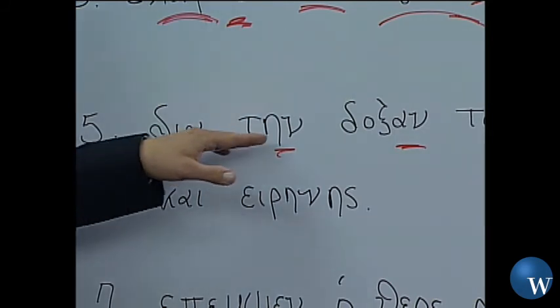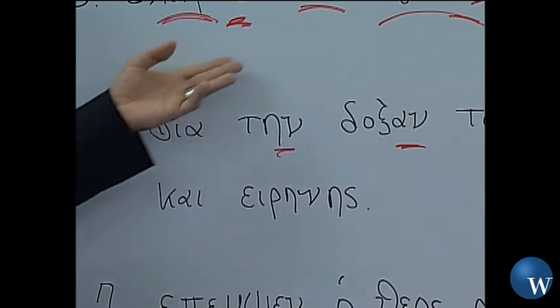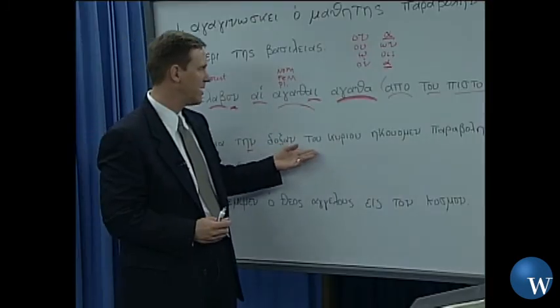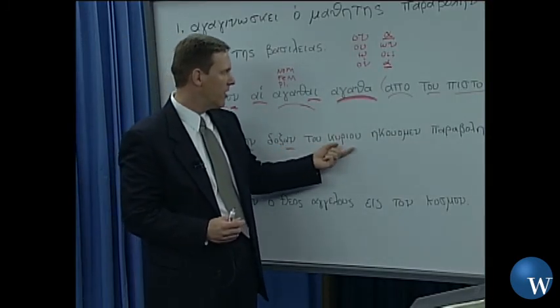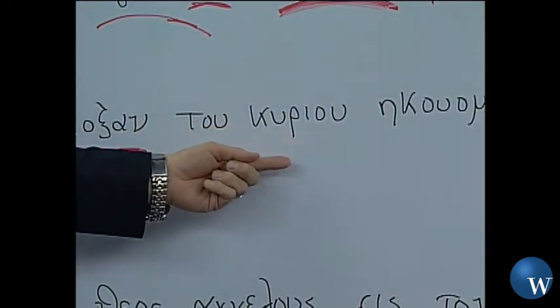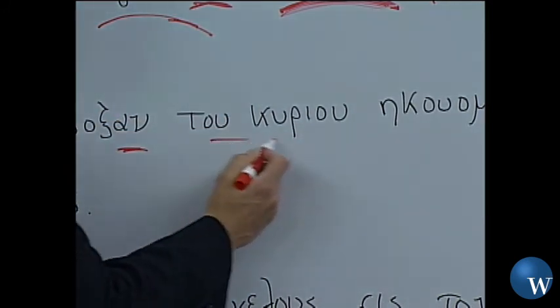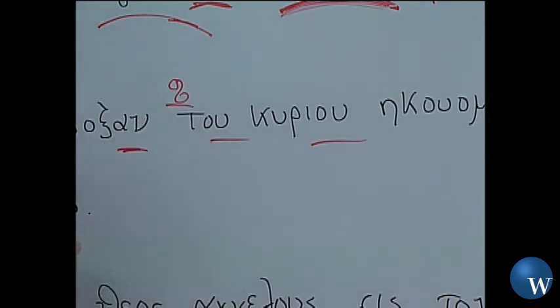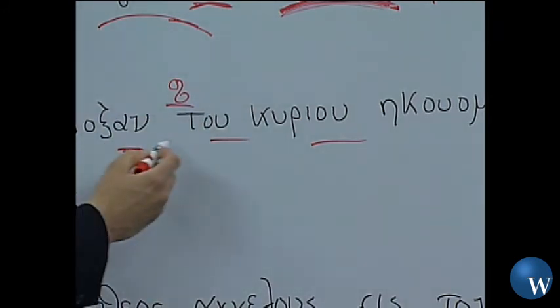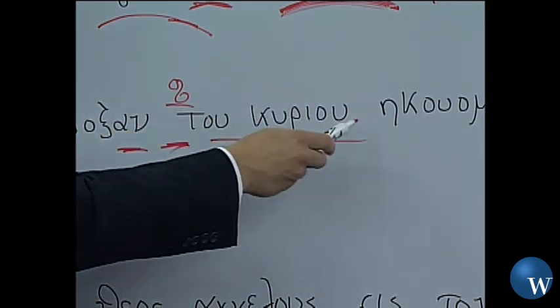So dia, when followed by a noun in the accusative case, means because of or on account of, okay? So because of or on account of what? On account of or because of the Lord, okay? Because of the Lord, the glory of the Lord, right? On account of the glory of the Lord. Now here, we do have to supply the preposition of in that instance, because there's no preposition preceding it. It's showing what glory? The glory that belongs to the Lord. So on account of the glory of the Lord,